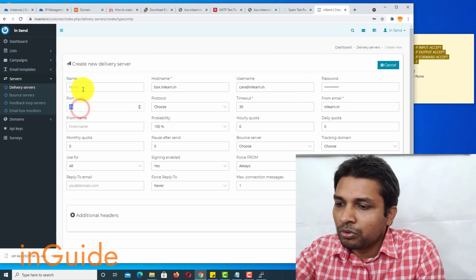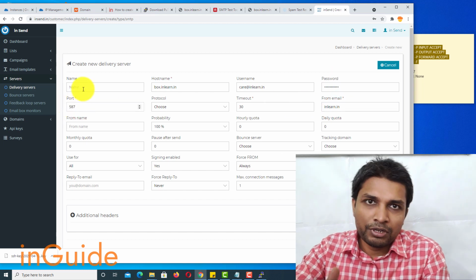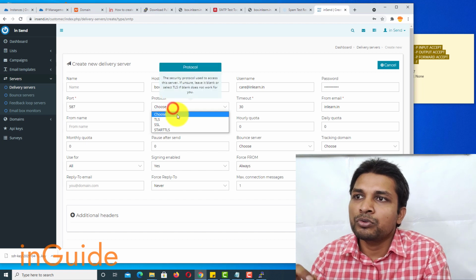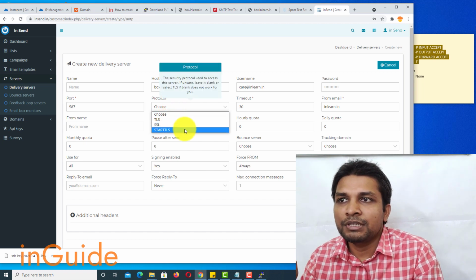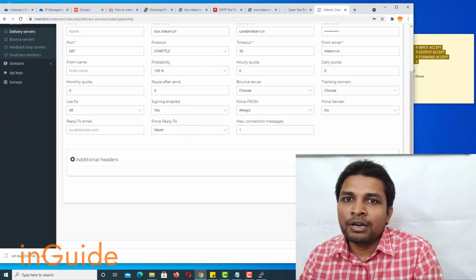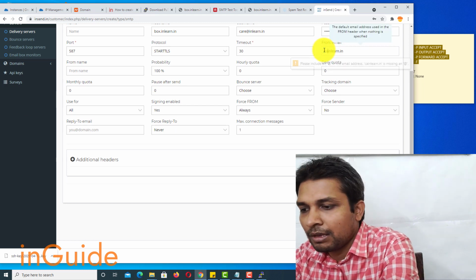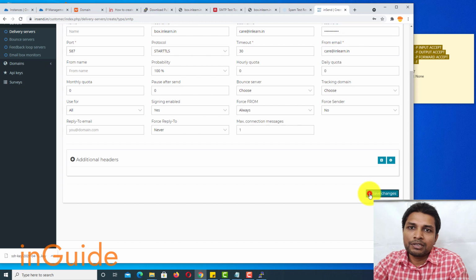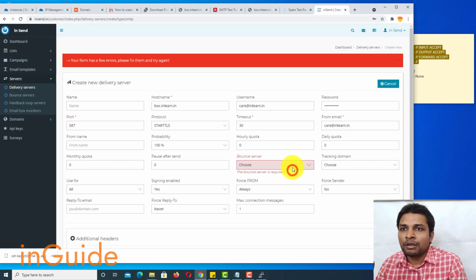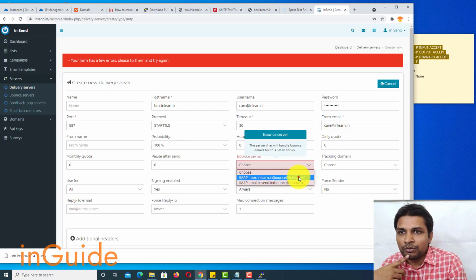Note that the SMTP port is 587 and you have to choose the protocol start TLS. Alright, after that click on okay, here care@. Alright, save changes. I forgot to select the bounce server.